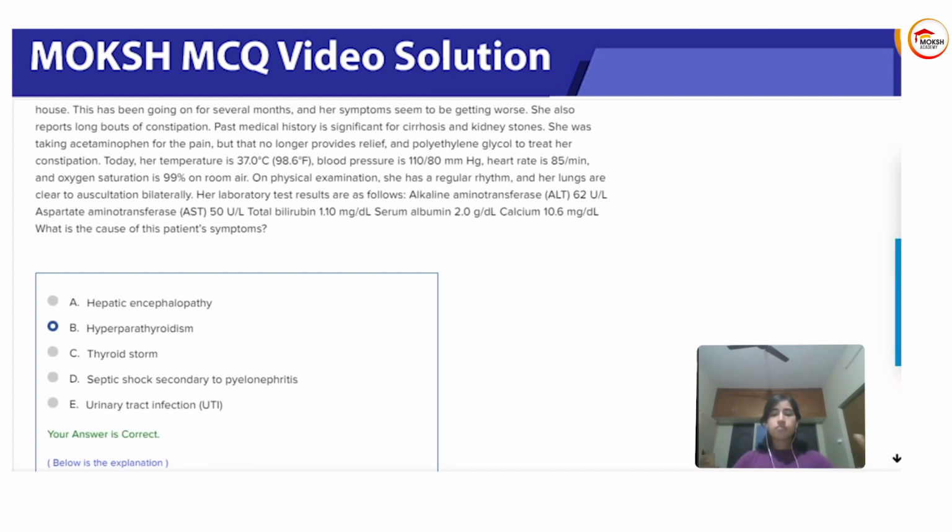Once you get that, in this particular case, the calcium value is 12.2, which is very evidently hypercalcemia. So if you overlook serum albumin in questions like this and go with only the value of calcium over here, you will automatically land on the wrong answer. Even though the clinical features point towards hypercalcemia, or hyperparathyroidism, the calcium value will put off your diagnosis.